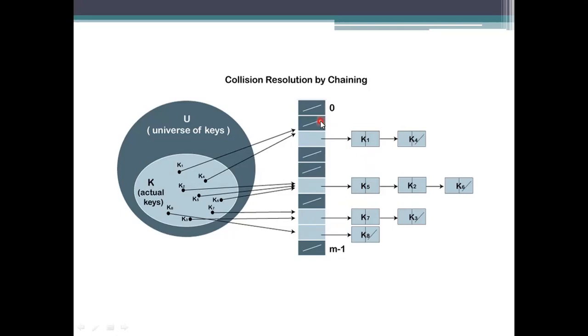If it does not have a value, just represent it as an empty space. Any value you add to that array or hash has to be represented as a list. If it has another value, represent the right side of that one with a pointer which points to the next value. If it does not have any pointer, just specify it as a null or a cross mark in this representation.